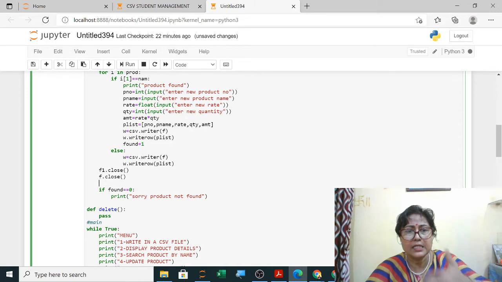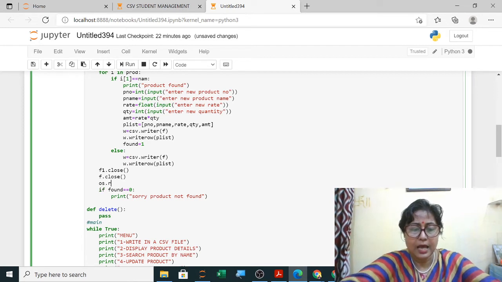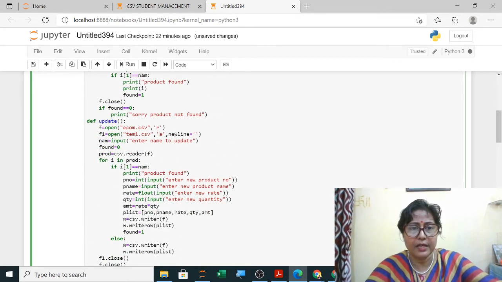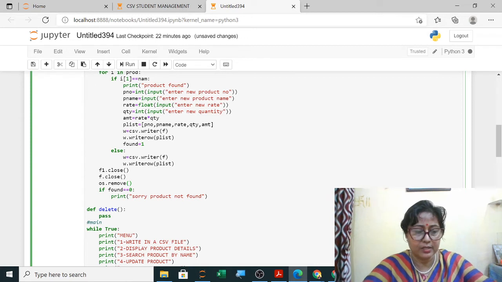So here I want to remove the files. os I have used and I am removing my old file. You can take the name from here. This is the file, so I am removing this file, and then where I have written remove, yes.